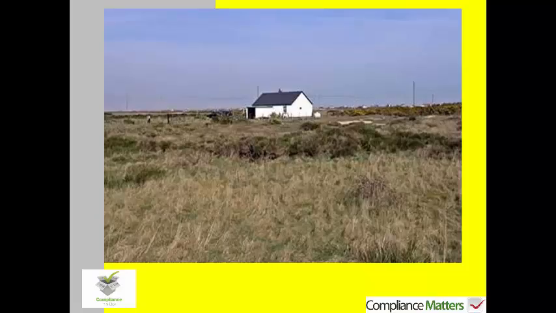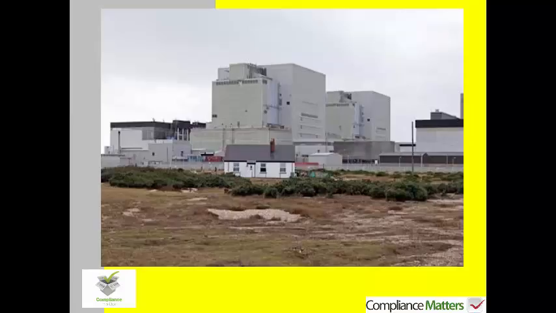However, if you look at the property from the other direction, there is Dungeness Nuclear Power Station, and it's very close to Dungeness Nuclear Power Station. Therefore, is that a misleading omission to show the photograph, the initial photograph that I've just shown you? Well, the simple answer is probably yes, isn't it? Because it's material information that the property is situated very close to Dungeness Nuclear Power Station, and we omitted it by only showing you the first picture, so therefore that's a breach of the regulations.